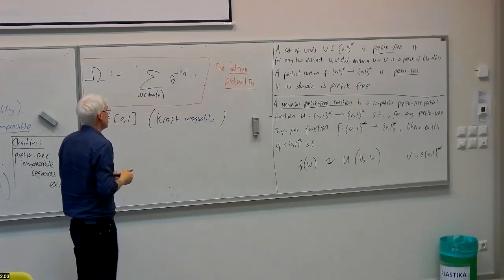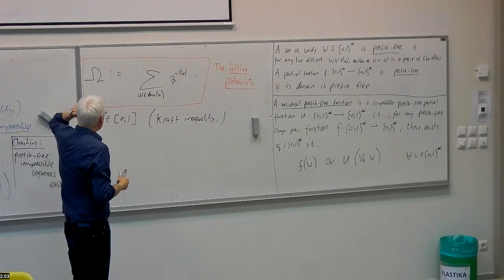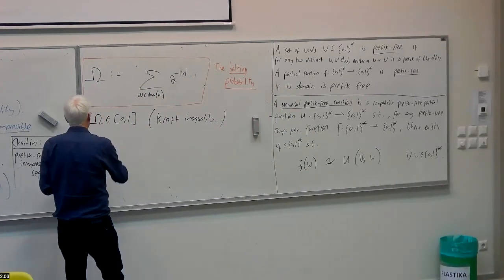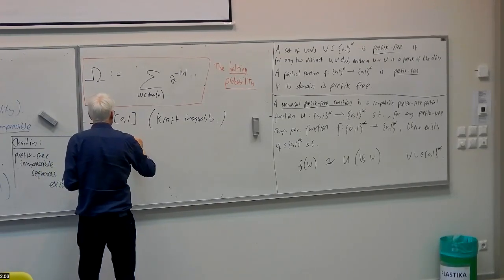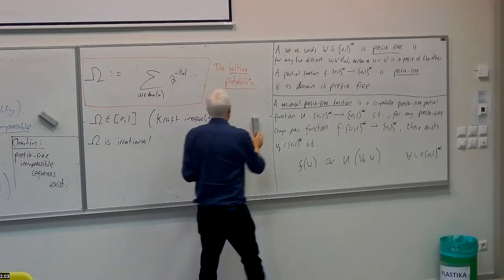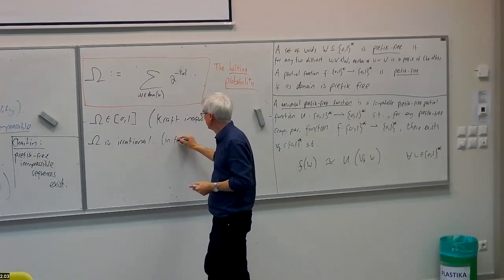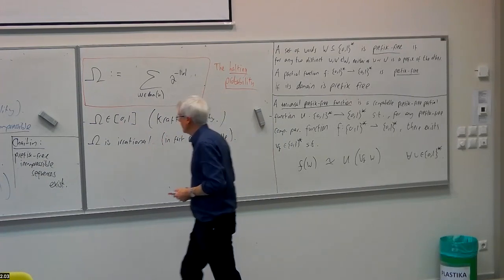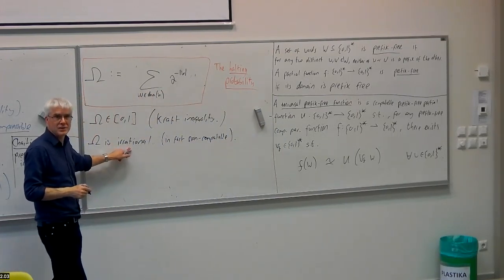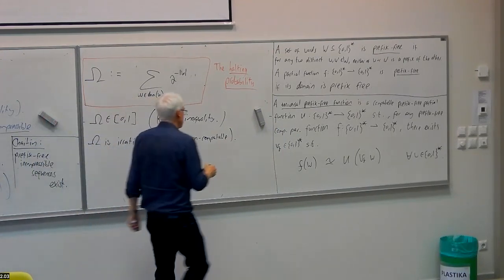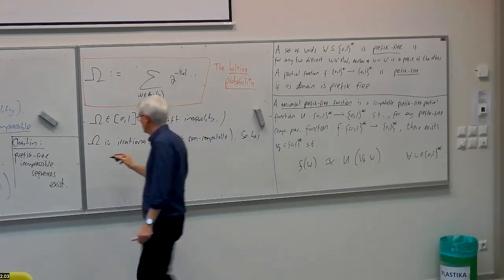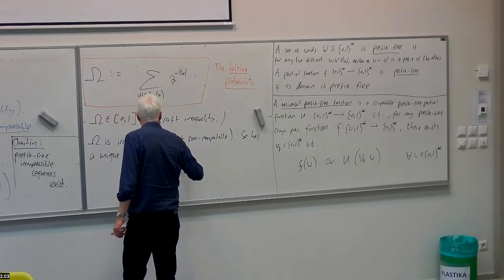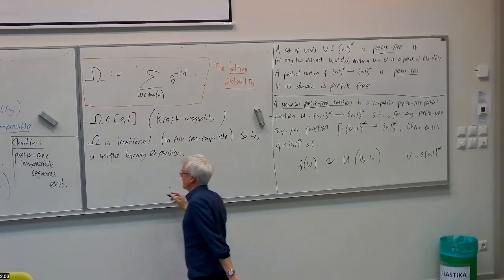And you think about it in this way. Right, so this is a number. It turns out, so I'm not going to prove this, it's not difficult, but omega is irrational. In fact, it's non-computable. And so because it's irrational, it's not a dyadic rational, and so it has a unique binary expansion. And that binary expansion is